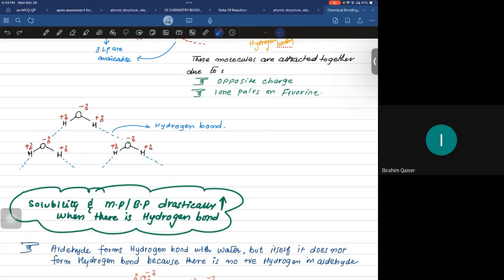Lone pair of fluorine, yes, of course. Whenever you have, let's suppose in alcohols, you can see only one oxygen. And in carboxylic acid, you can see there are two oxygen atoms. The boiling points of carboxylic acids are higher. If you ask why, it's because carboxylic acids can make two hydrogen bonds, and alcohol can make only one hydrogen bond. So that's why carboxylic acids are going to have higher boiling point due to the more